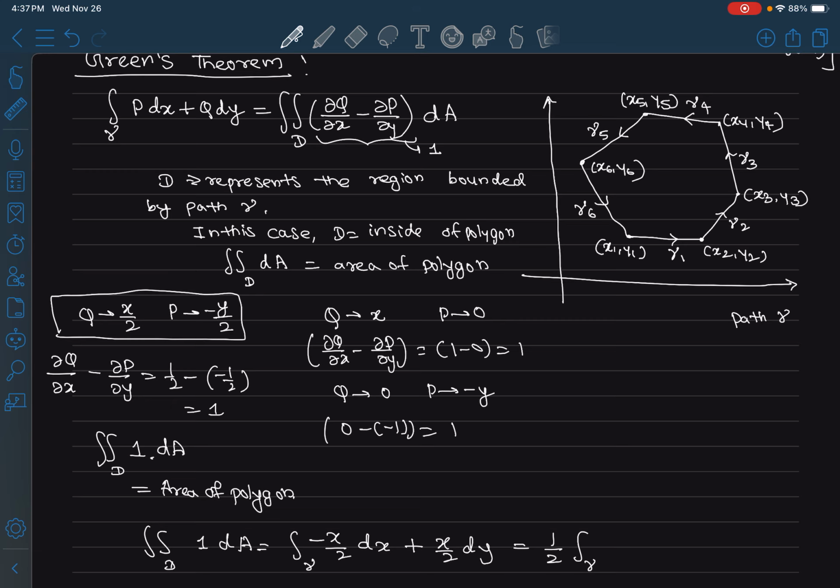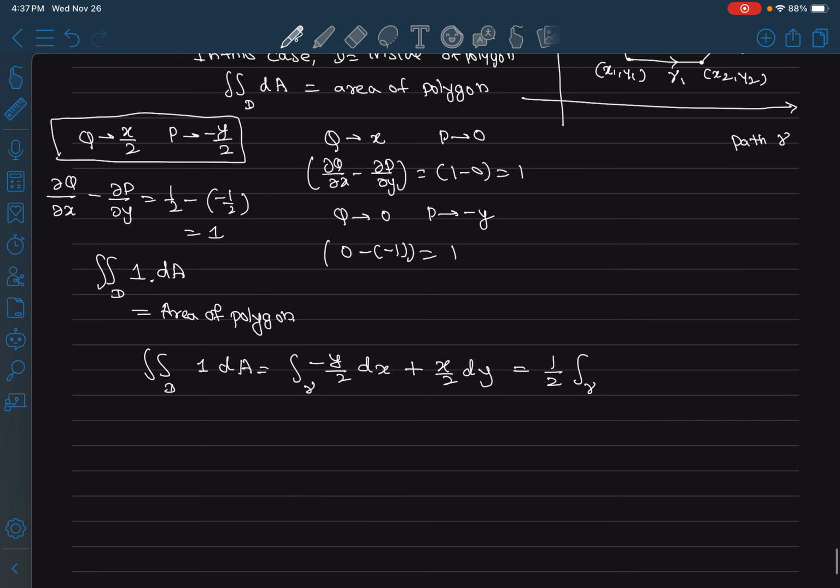I'm sorry for that. So P will be minus y over 2. Okay, so this becomes half the integral over gamma of x dy minus y dx. So basically to find the area of the polygon,